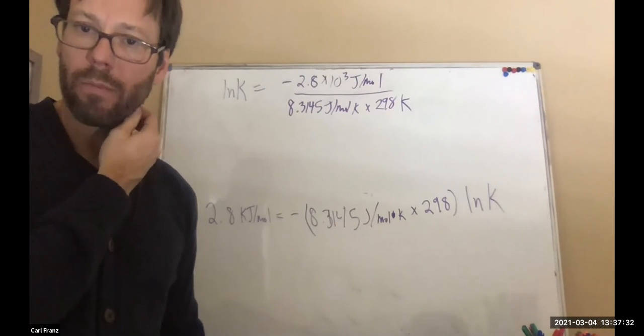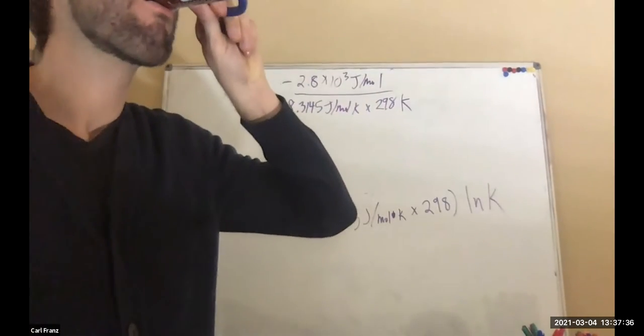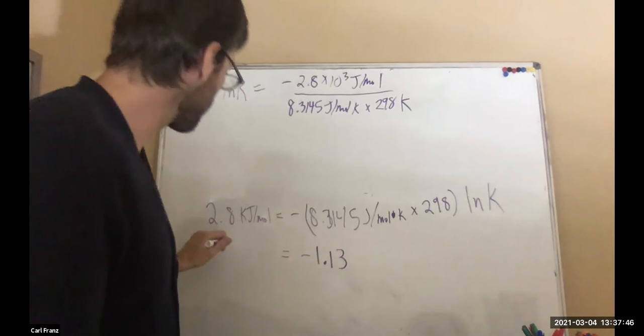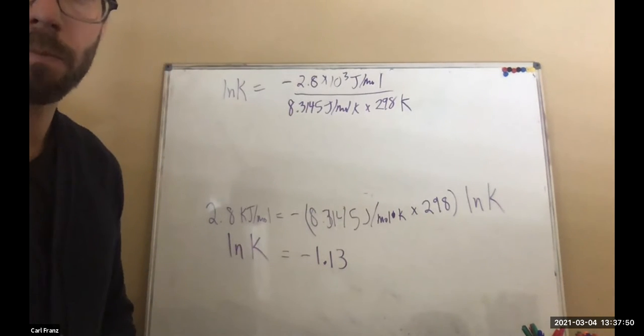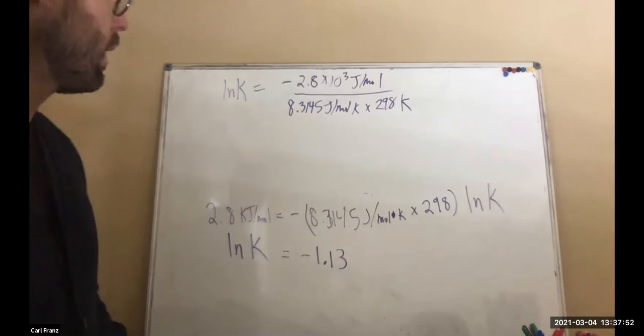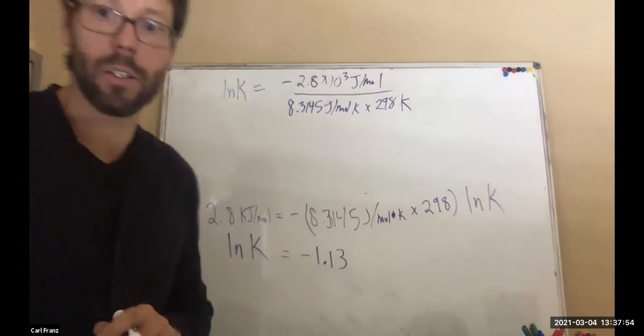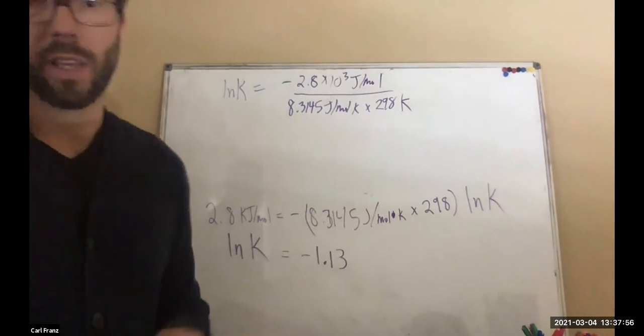Anybody get something yet? Negative 1.13. 1.13 equals the natural log of K. Great. Now, that's not our answer because that's equal to the natural log of K. We want